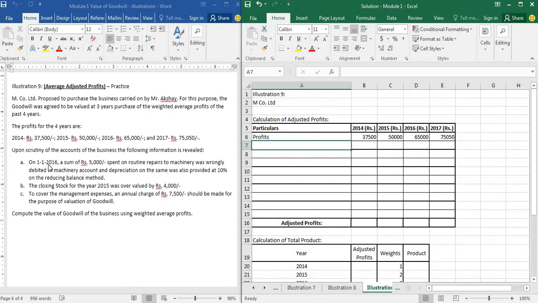If it is not shown in the P&L account or trading account, what is going to happen? The profits for that year are going to be shown extra because we have not shown one expenditure. If one expenditure is not shown, that means your savings have increased by that much. That means your profits are increased by that much. So we are going to make that correction. So we are going to do less